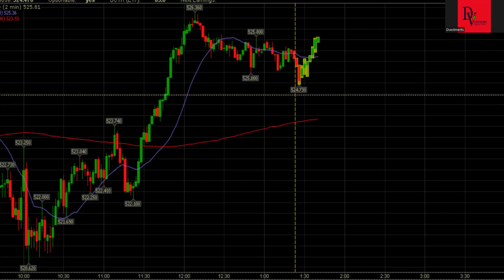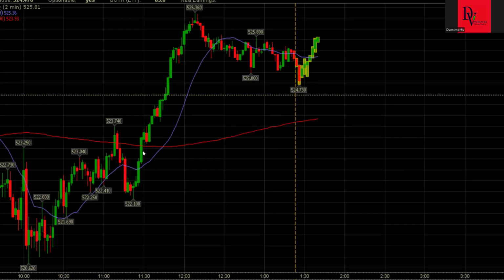So if you take a look at the chart here, off of what we knew from this morning, around 10:30, we knew that the high of the day was 523.25. So once price broke out of that 523.25 range, it was a go. It was a go. We had price trading at 523.25.